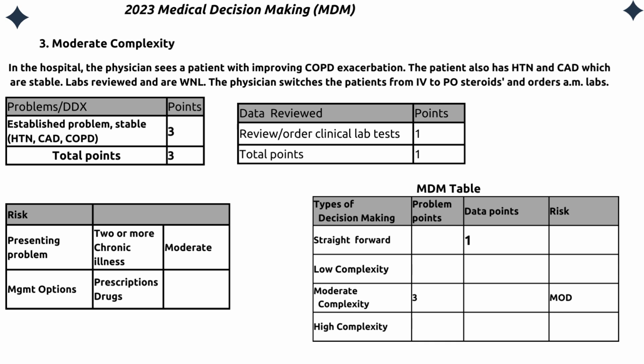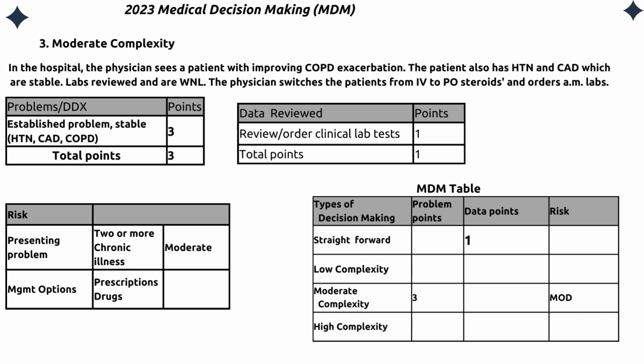Here we can see the medical scenario. In the hospital, the physician sees a patient with improving COPD exacerbation. The patient also has hypertension and GAD, which are stable. Labs reviewed are within normal limits. The physician switched the patient from IV to PO steroids and orders AM labs. Here we have the established problems COPD, GAD, and hypertension, which are all stable problems. So total points for the problem diagnosis will be 3